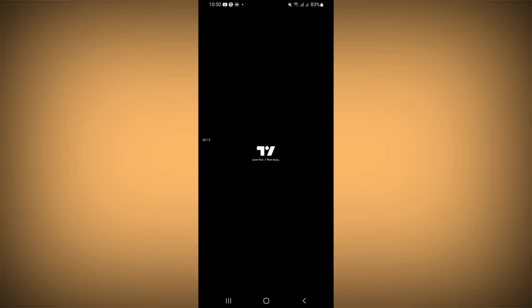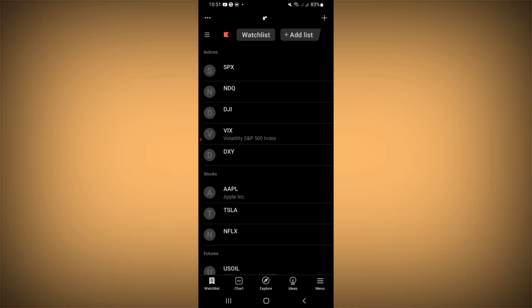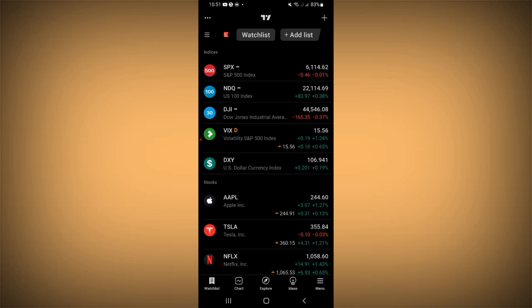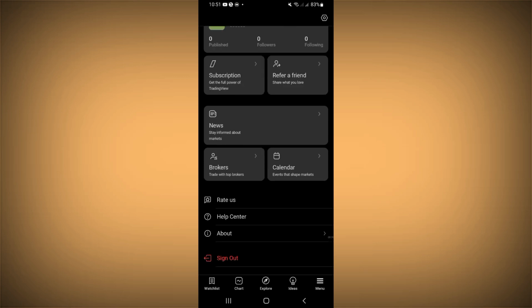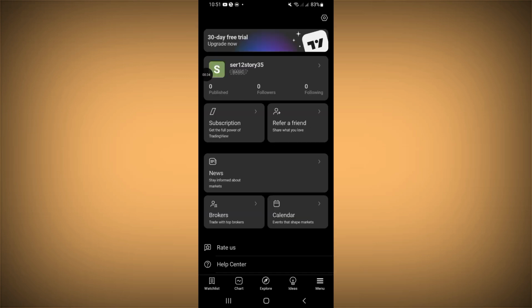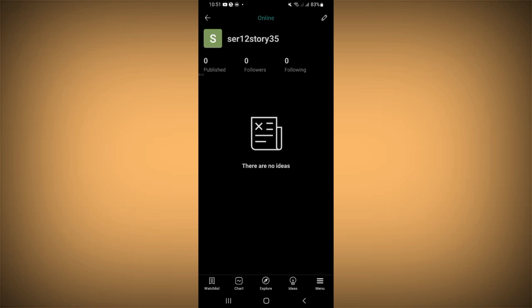Open TradingView first, and after you open it, you just have to go to the menu here in the corner of the screen at the bottom. Click here on your profile, and then you just have to click on edit,